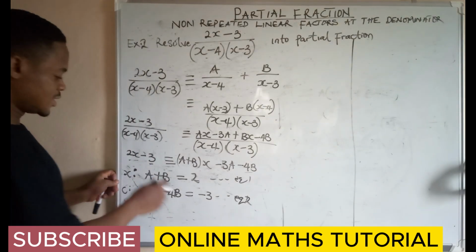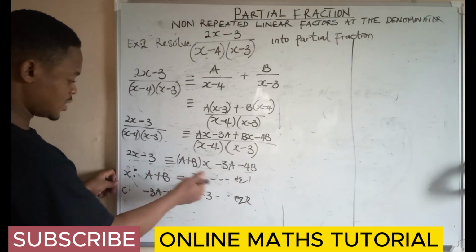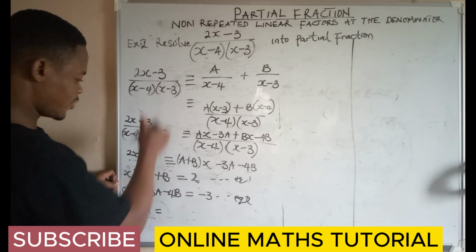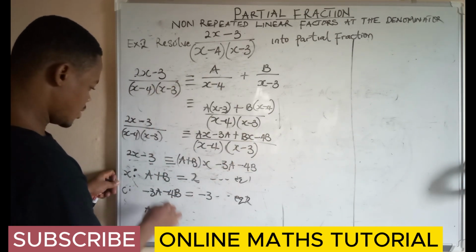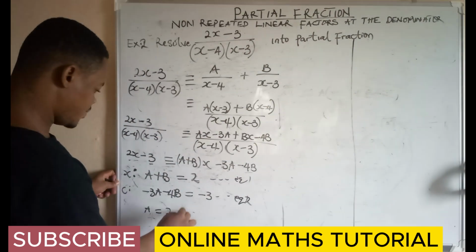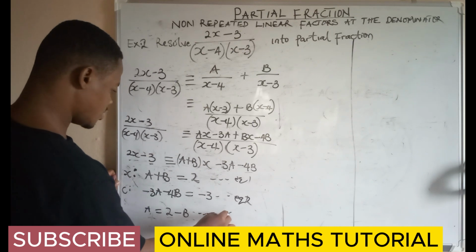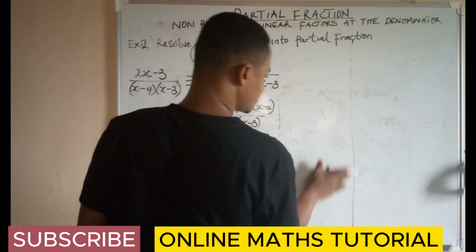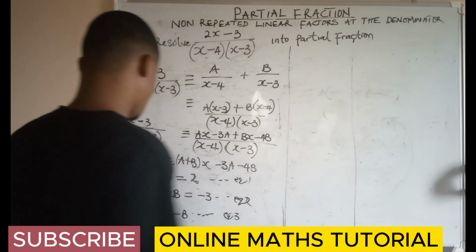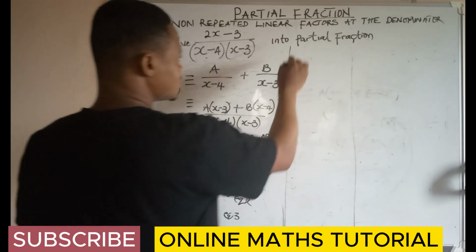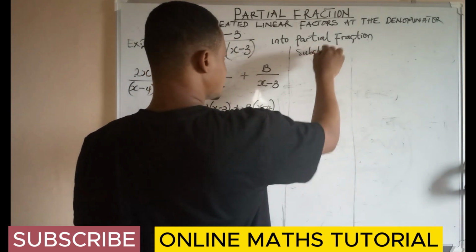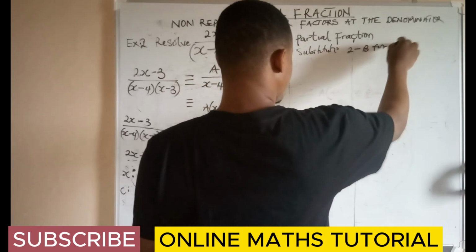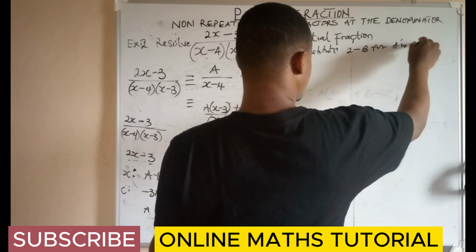So we can say that since this is equation 1 and this is equation 2, from this equation 1, we can say that A is equal to, if B crosses the equality sign, we have 2 minus B. So we can call this equation 3. So we now say substitute